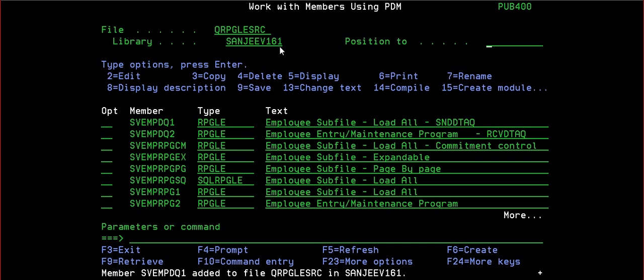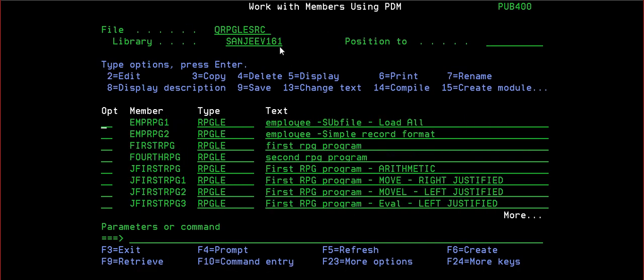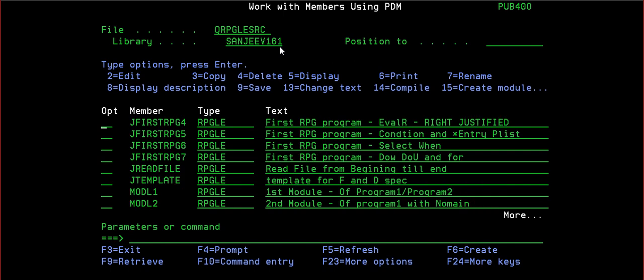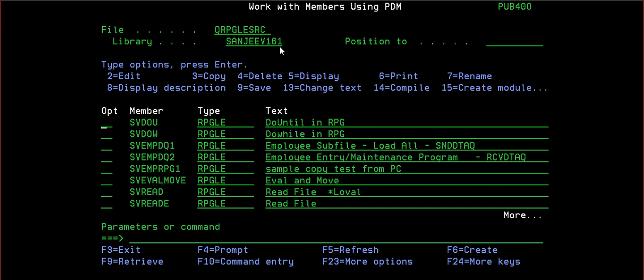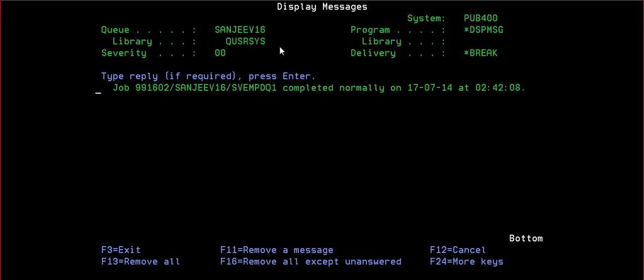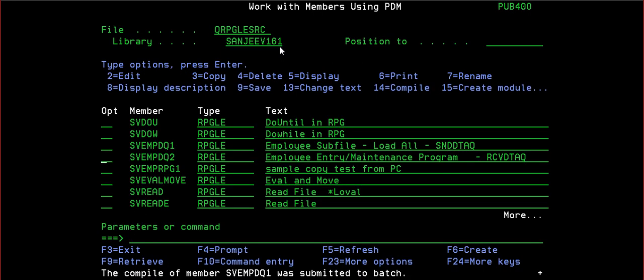Only due to 16B these things are happening. So where is SV? Okay, so let me do a create PGM.